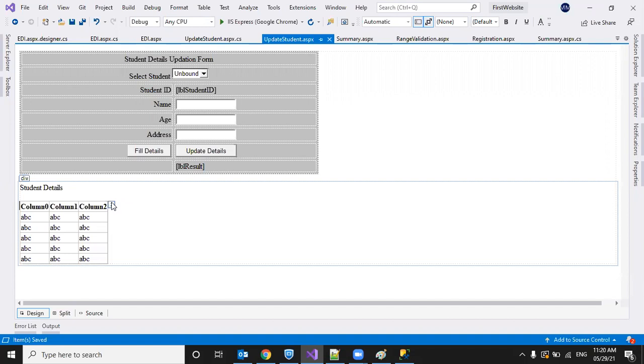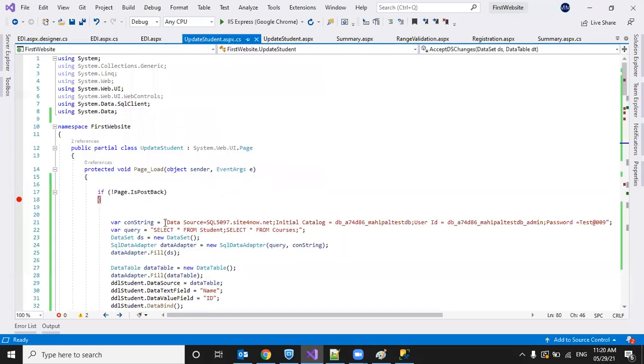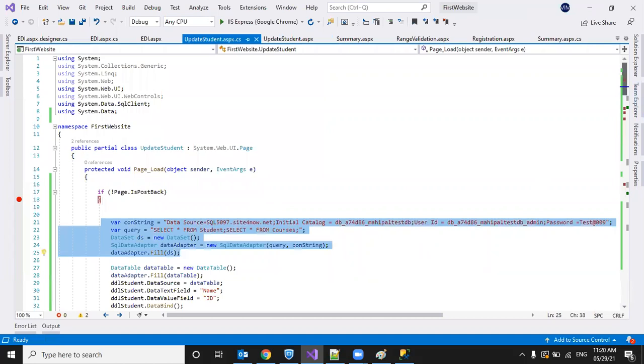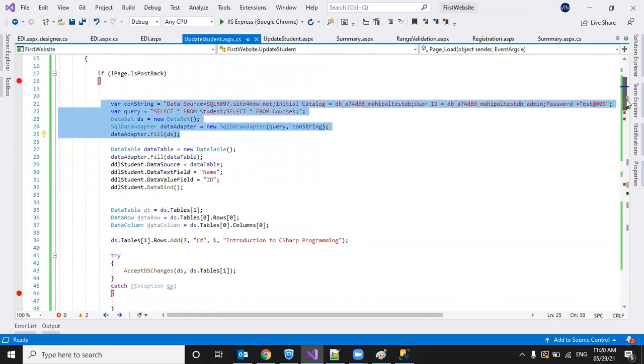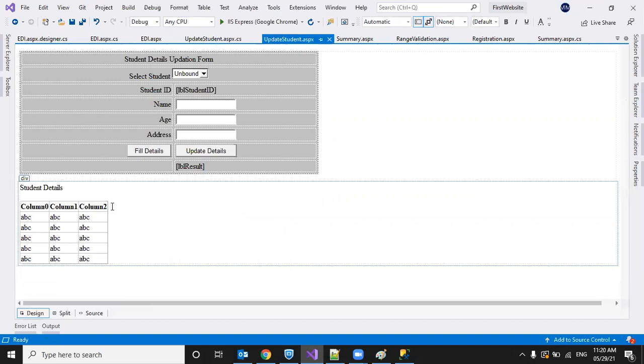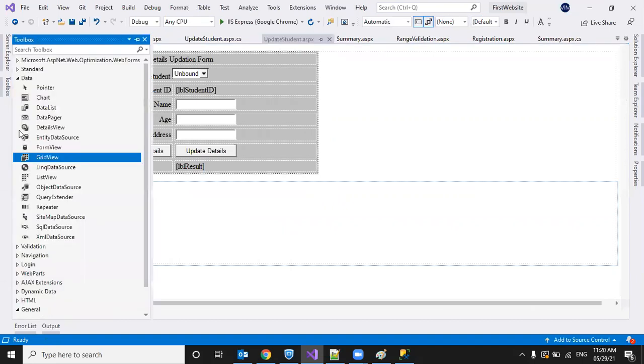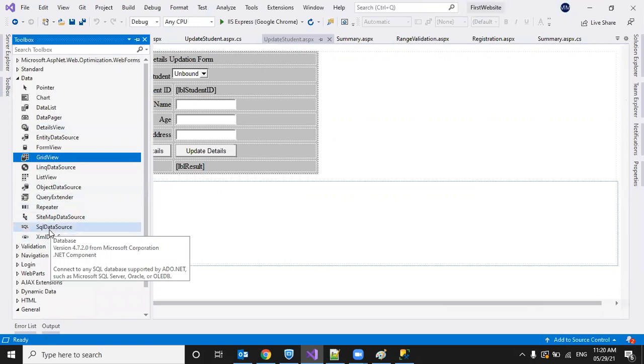Till now we have been writing code to get the data, right? To get the student details, we wrote code like this: adapter, data set, all this. We have a simpler way to generate this code automatically, or to get the data automatically. For that, we can use the data source control, SQL data source control.